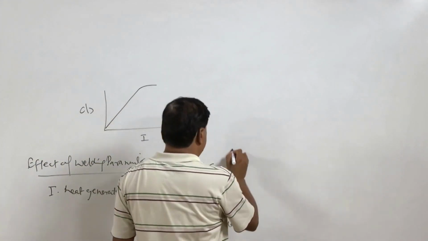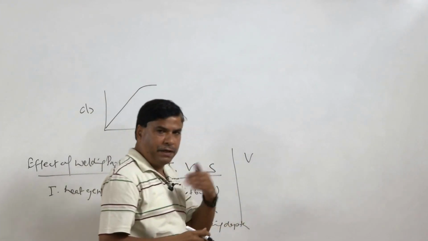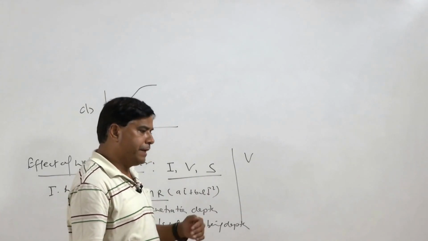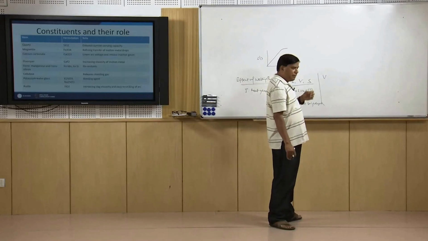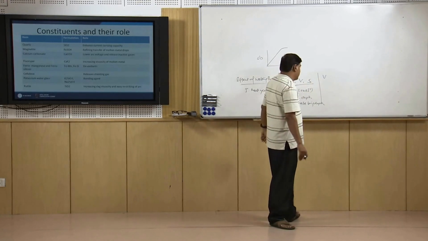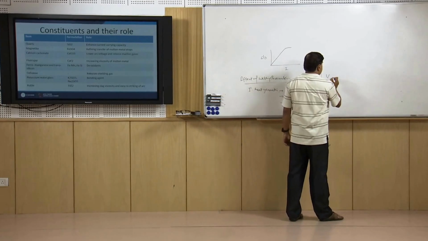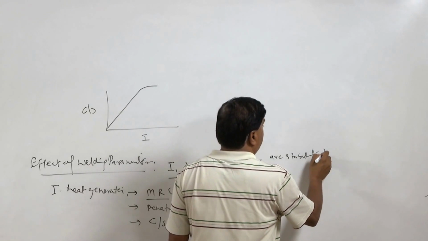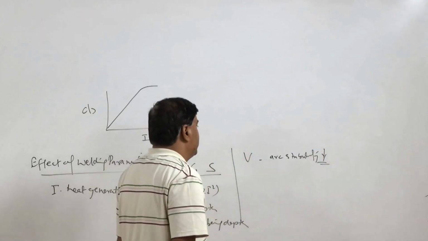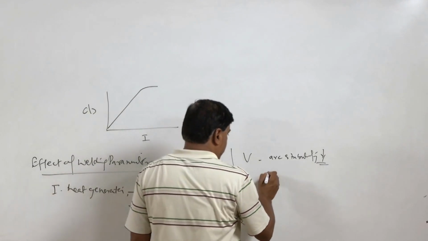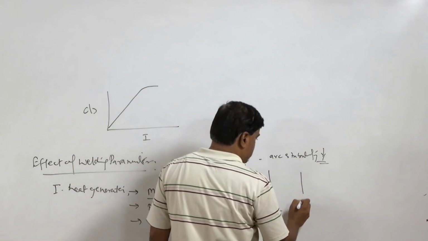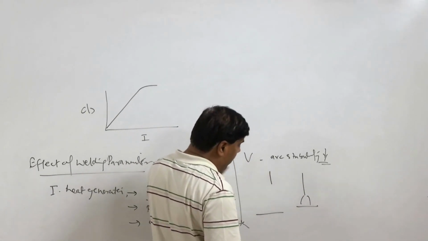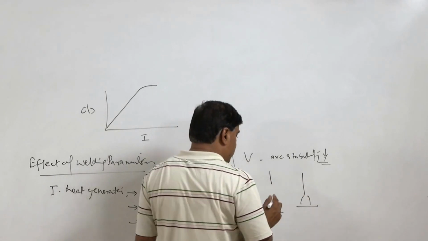On the other hand, voltage does not play a big role in the heat generation. It contributes, but the effect is not as high as that of the welding current, but it certainly affects the arc stability. If the arc voltage is not enough, it will lower the stability of the arc. We know that if the arc gap is short, then the arc voltage is very limited. Under identical conditions, if the gap is increased, then the arc voltage increases.